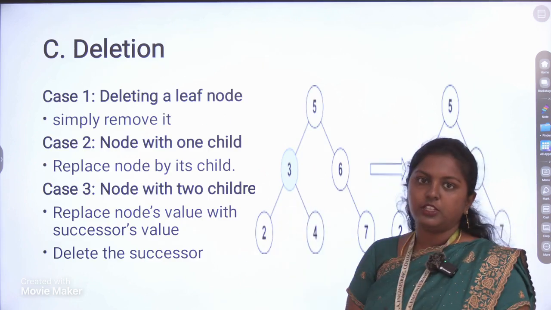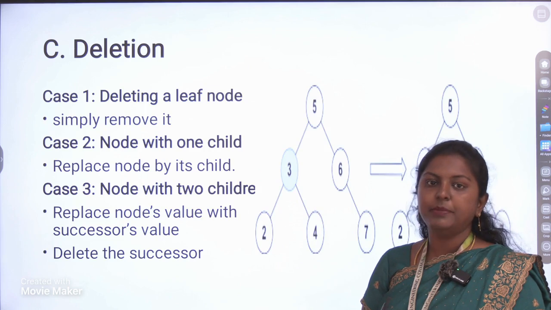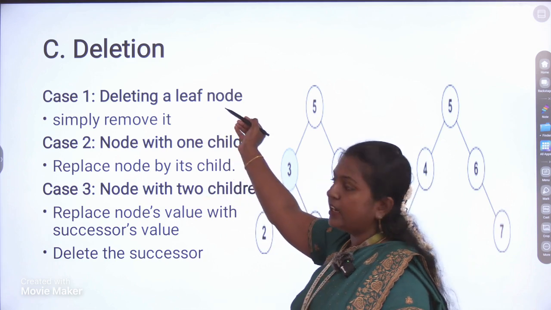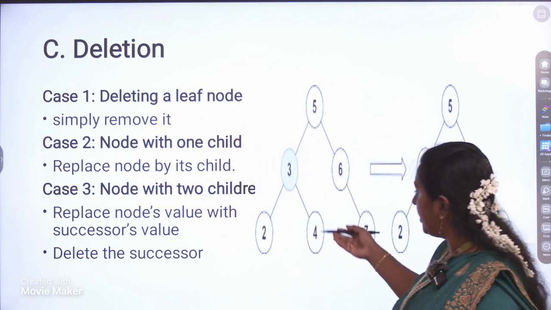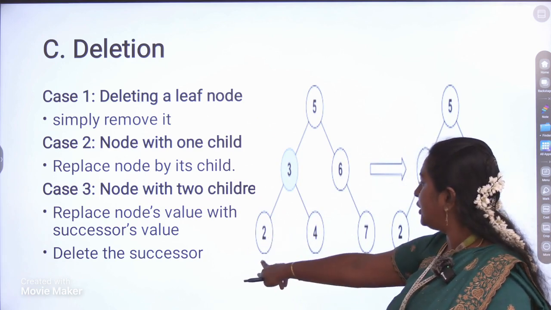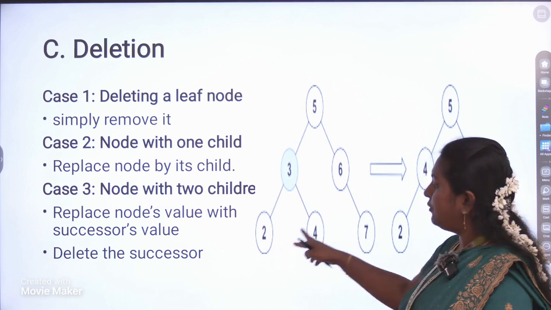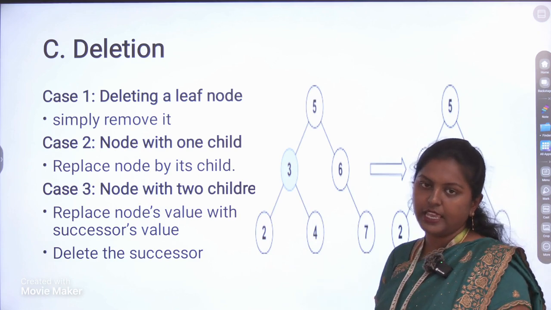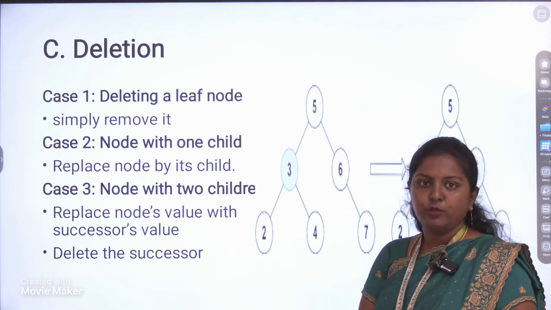Now coming on to deletion. The deletion is a little bit difficult because we have three cases. The first case is simple, deleting a leaf node. A leaf node is something that is among the bottommost nodes. So here you can see 2, 4, 7. If you want to delete 2 or 4 or 7, it is easy; you can simply remove that value